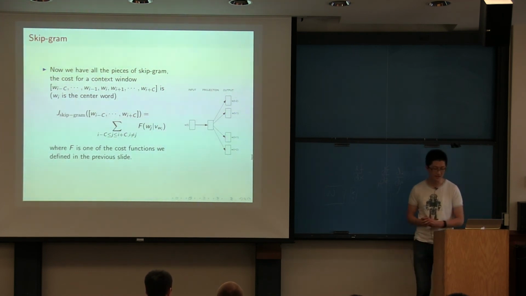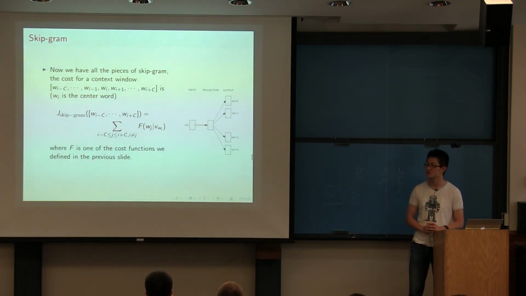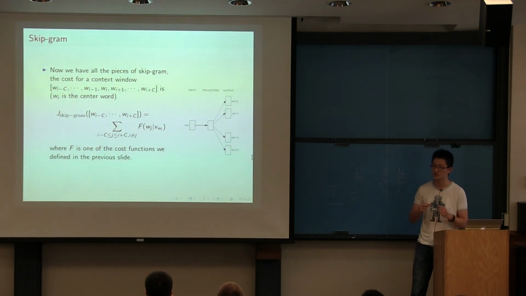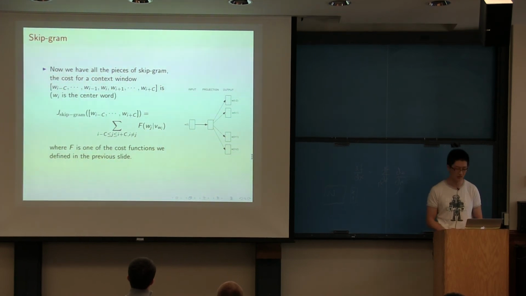To put things together, for skipgram, when we have a full context window, we just sum all the costs for each pair of your center word and one of the context words. We're introducing all these notations actually to simplify your computation, because as you can see from your problem set 1 and from what Rohit and Ian have presented, if you split these things into simpler blocks and you know how to do each block, things are simpler if you propagate the errors back.